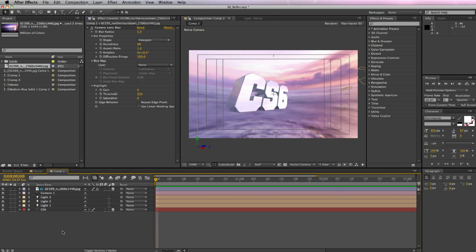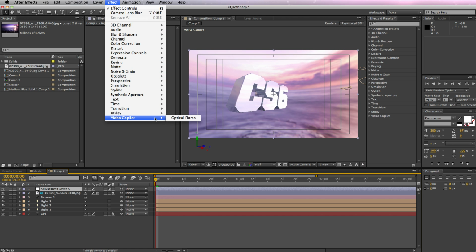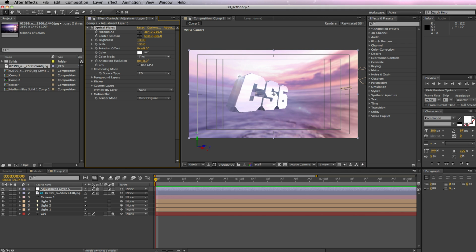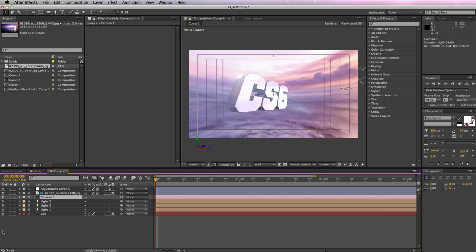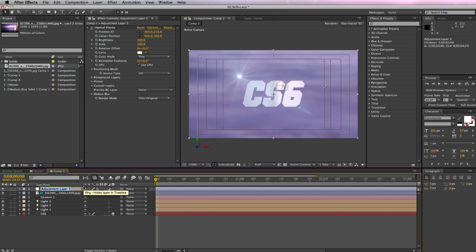What we're going to do now is add some 3D optical flares. Now don't worry if you haven't got optical flares, it's not a necessity, it's just going to spice things up a little bit. So what I'm going to do is come up to layer, new, adjustment layer, and then we're going to come up to effect, Video Copilot, Optical Flares, and we're going to change the render mode to over original. And just for the moment I'm going to hide the camera just so we're facing the text on the front, and then come back to our adjustment layer. We're going to rename the adjustment layer optical flare,